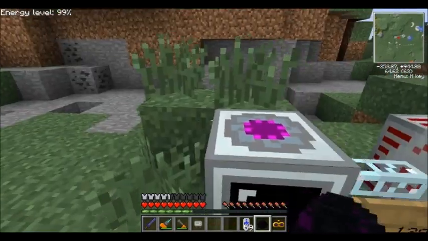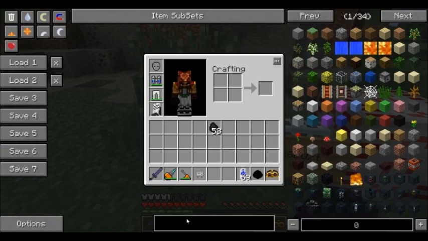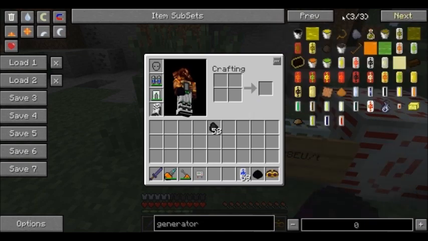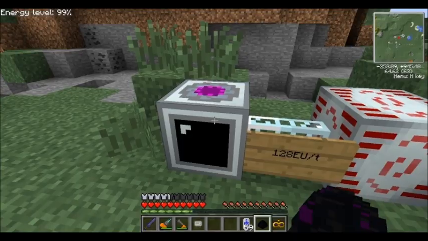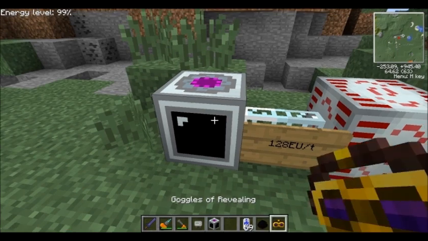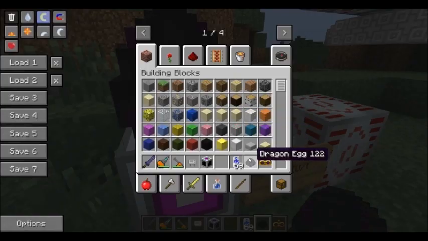Next, we have the one that doesn't have a name here, but it is the Reactor. I believe it is the dragon egg something. One sec. I should have prepared for this. Dragon egg energy siphon. Basically what you do is you place a dragon egg on top, an ender dragon egg that is,